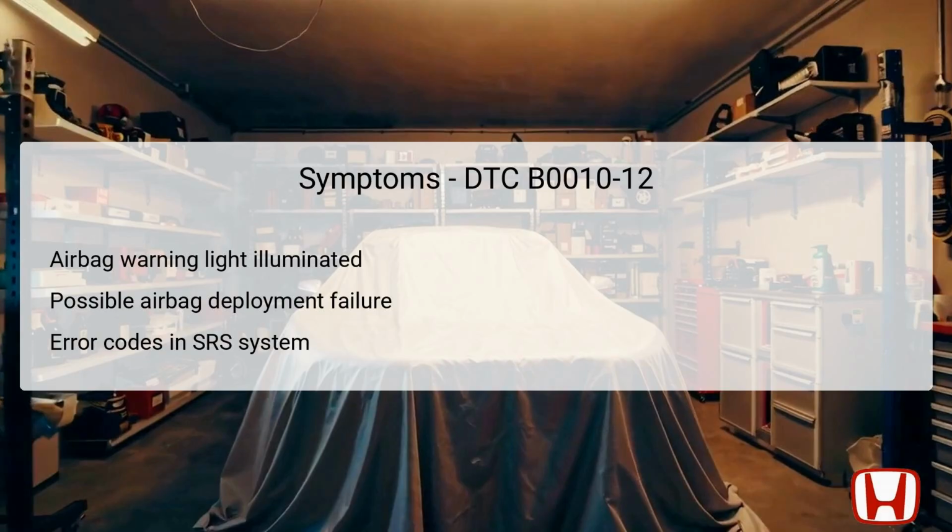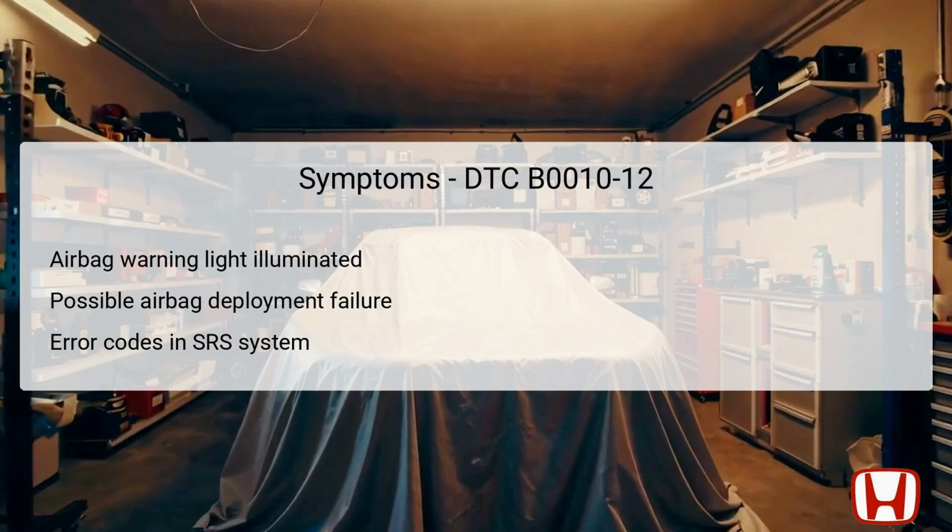When DTC B0010-12 is present, multiple symptoms may arise. A common first indication is the illumination of the airbag warning light on the dashboard, which alerts the driver that there's a fault in the airbag system. Another critical symptom is the potential for the airbag to not deploy during a collision, putting passengers at risk. Additionally, when scanning the vehicle's SRS system, you may notice stored error codes indicating a malfunction. It's essential to address any symptoms early, as they directly affect the vehicle's safety performance and can prevent proper airbag